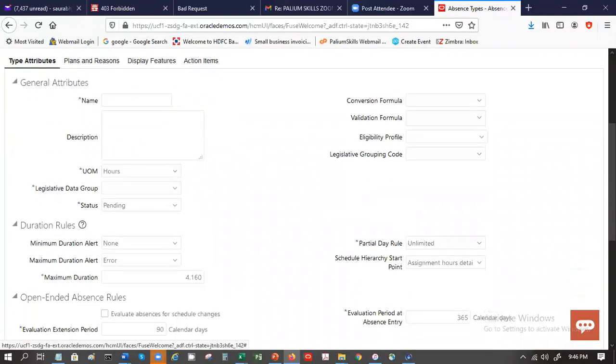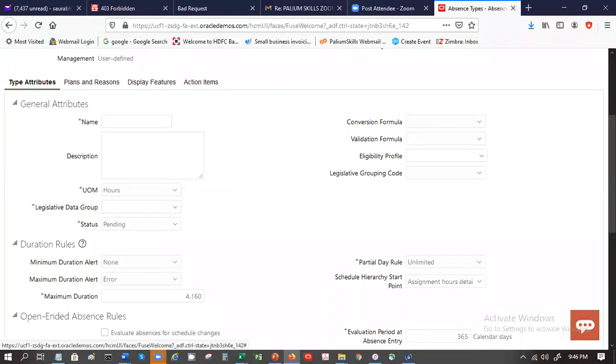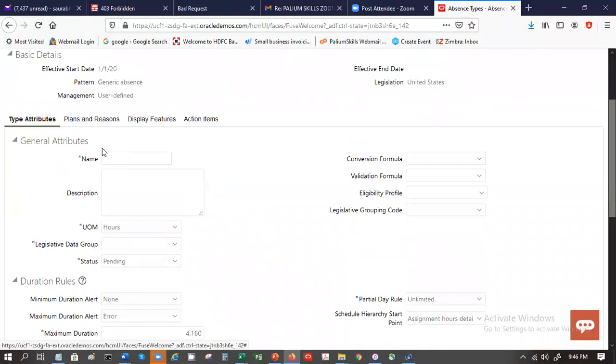Over here, there'll be a place where we will be linking the plan and the absence type. So we'll say SP. Let's just call it vacation.